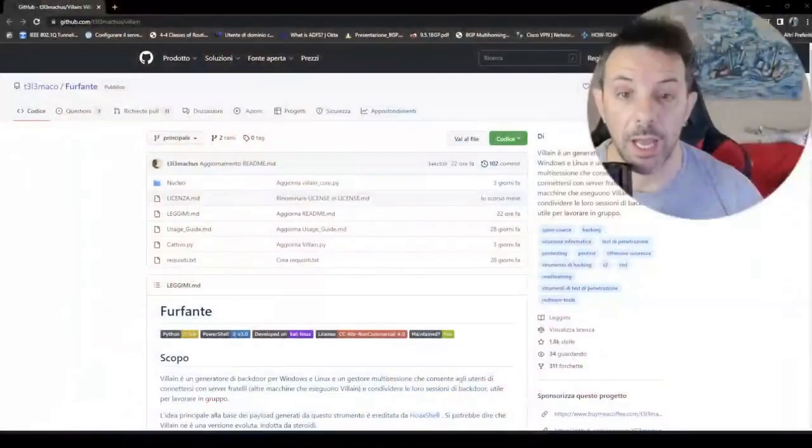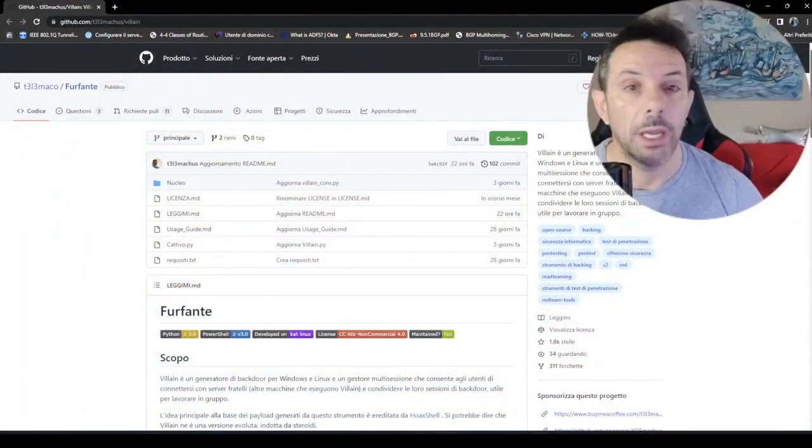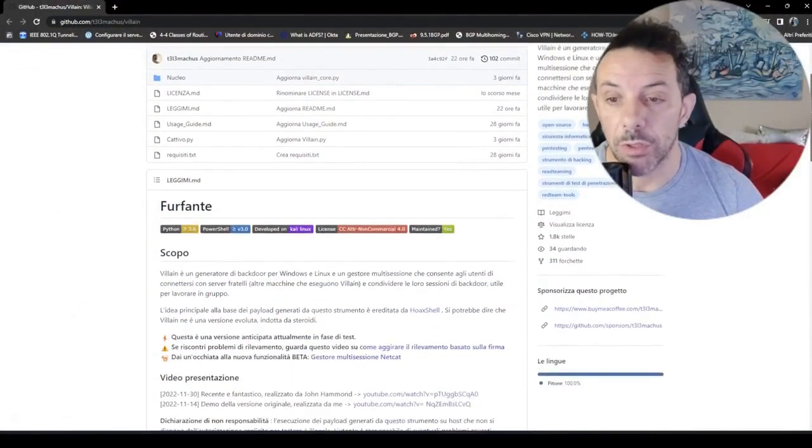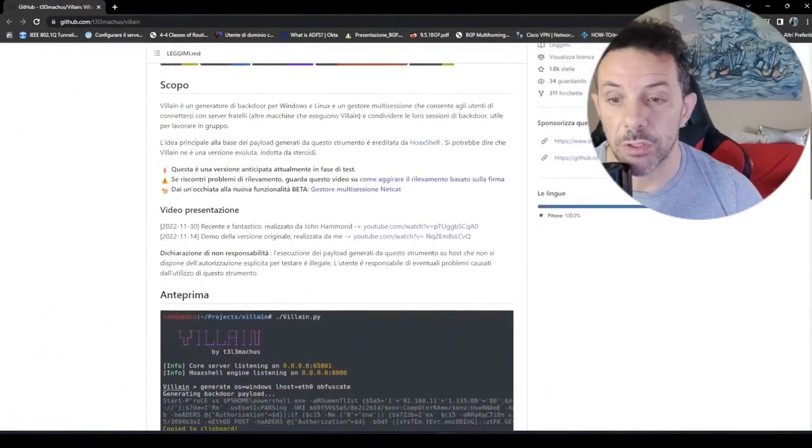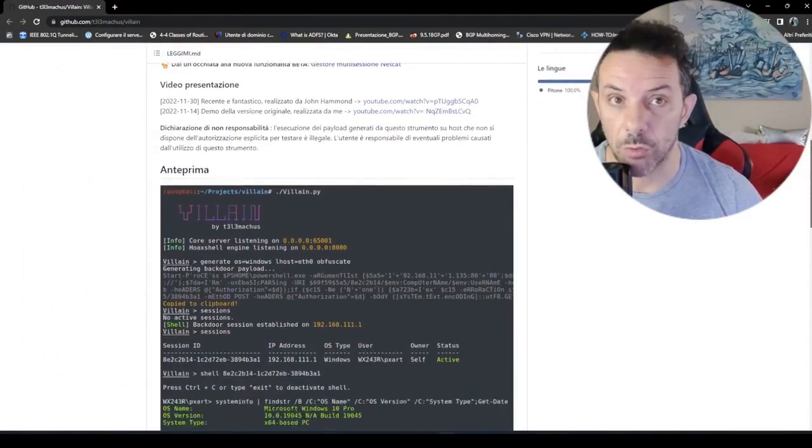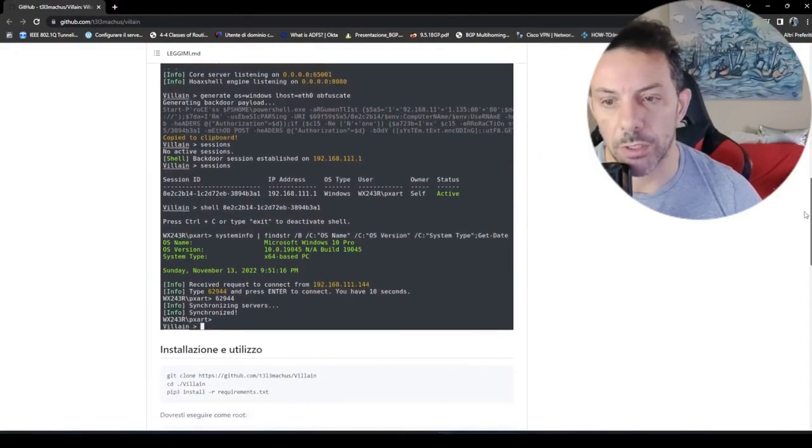Today I am going to introduce you to a very useful and interesting script that allows us to create backdoors for remote access and control. This particular script is designed to work seamlessly on both Windows and Linux operating systems, making it quite versatile and adaptable for different environments. The script itself is very simple to use, not overly complicated or difficult to understand, and